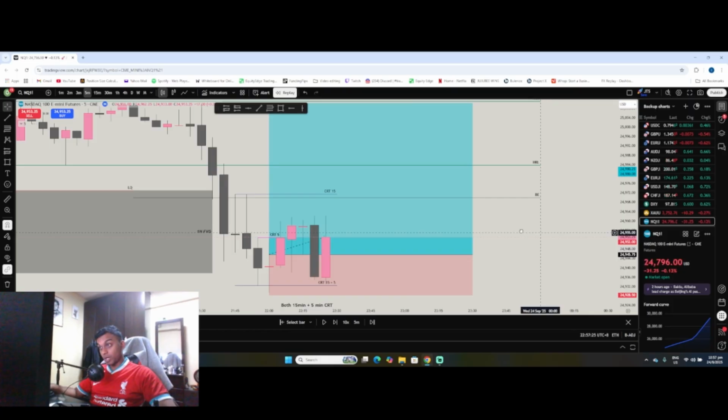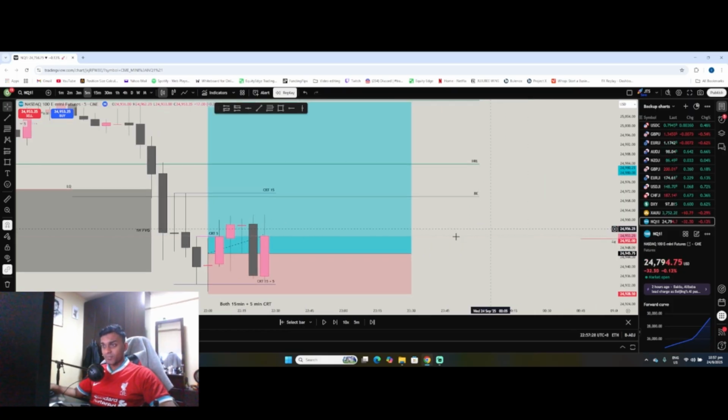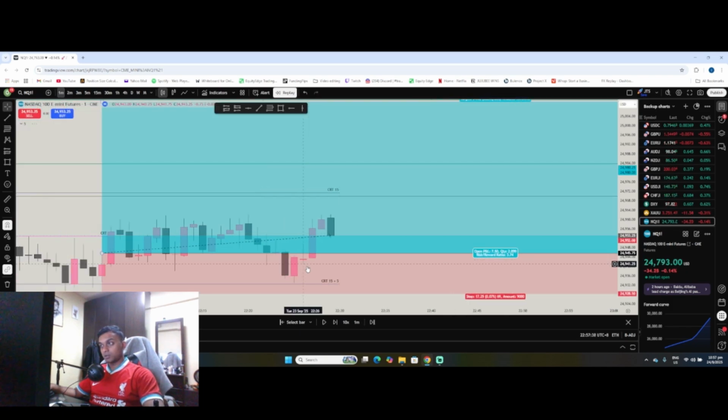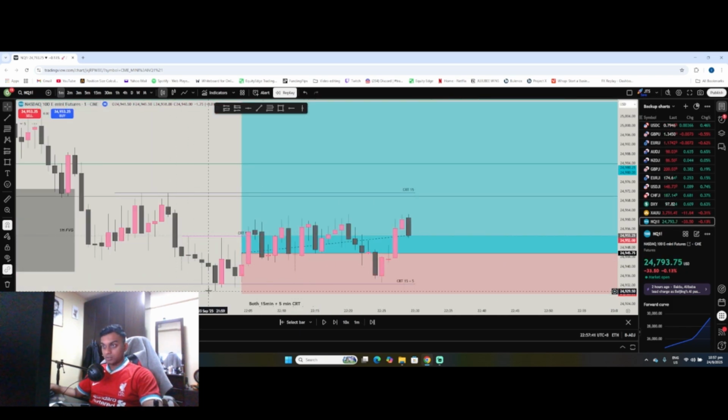And let me explain to you why my entry was here, right? So as you can see, there's the 5-minute CRT, right? It swept the low and then it closed back into the previous candle, right? So when we head back to 1 minute, we can actually see the sweep and then the CRT of the 5-minute where it closed, right? Next thing we got to look out for, did it close any fair value gaps, right? Did we close any? As you can see, no, we didn't close any fair value gaps, but we made an order block right here,